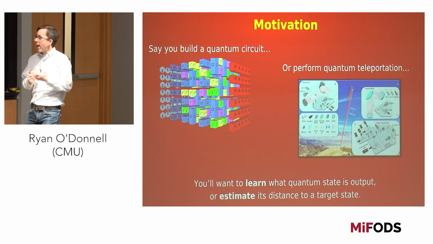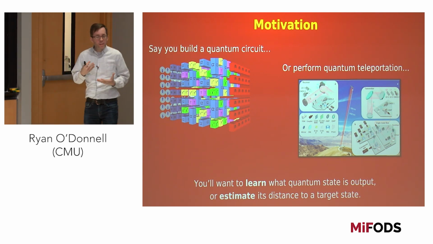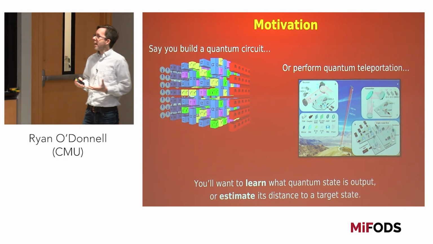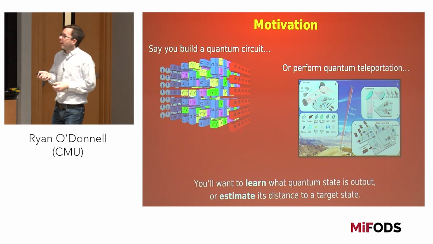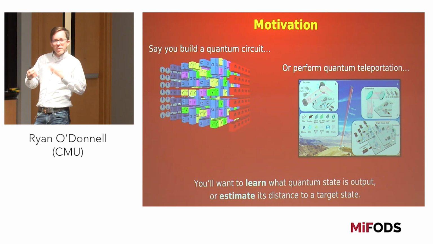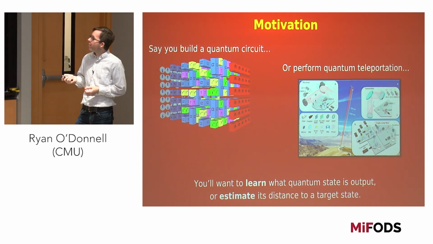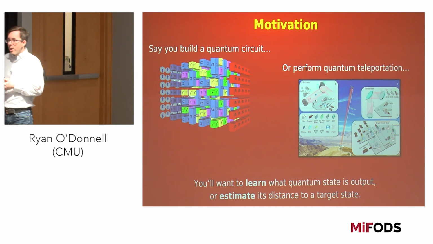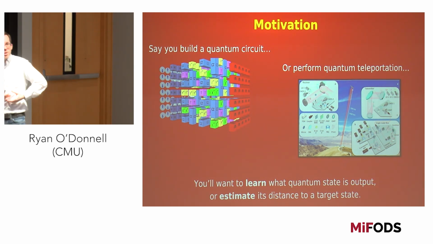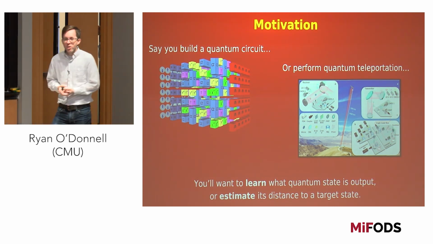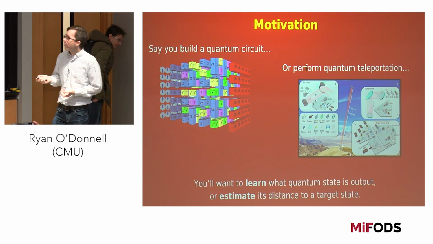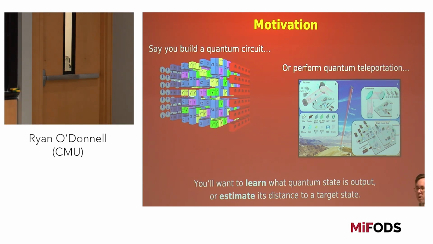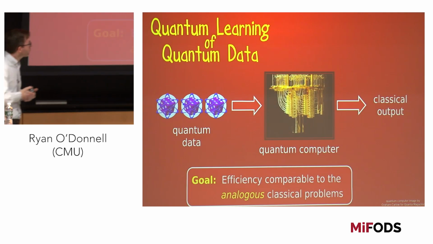Okay, so just one brief slide about motivation. Actually, quantum learning of quantum data is something that takes place all the time, every day, in the sense that whenever you do any physical quantum experiment, like you try to build a little quantum circuit, or you do a quantum teleportation experiment between Tibet and the moon, like they did a few years ago, you need to check your work. You're trying to produce some quantum particles in a certain state or transfer some quantum particles. And you need to find out if you did it properly. So you need to learn the quantum state that is the output of your experiment. Okay, so people have to do this quantum learning of quantum data all the time.